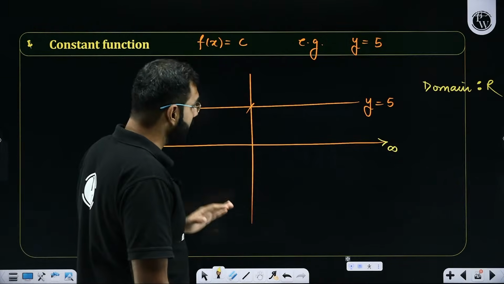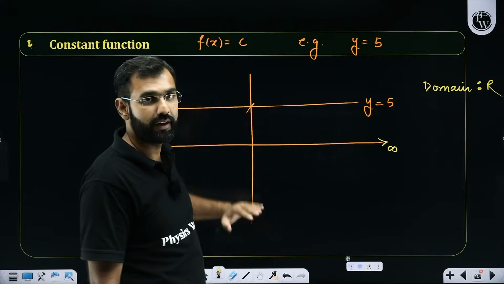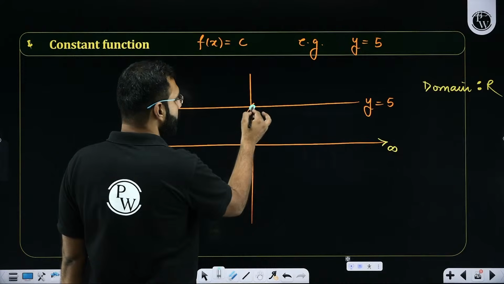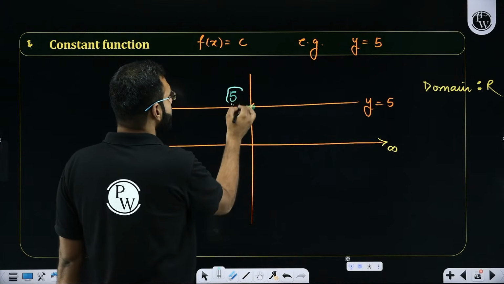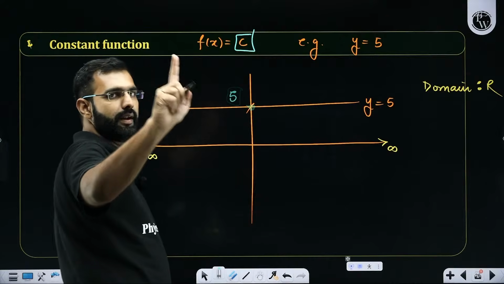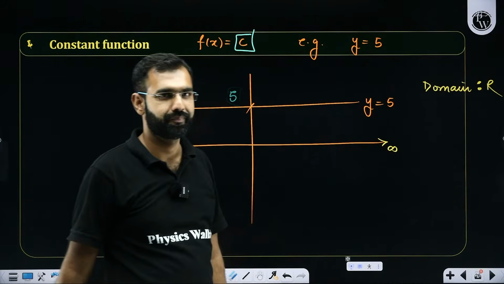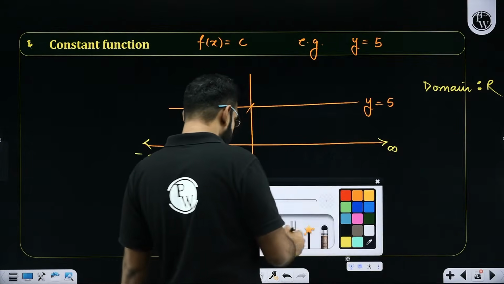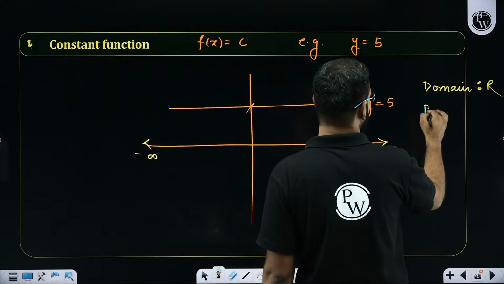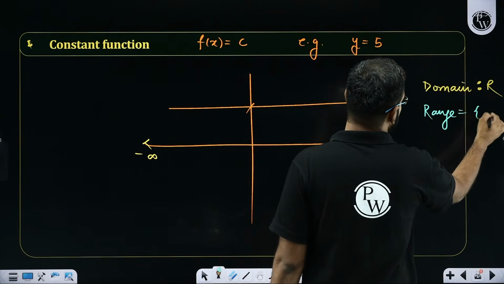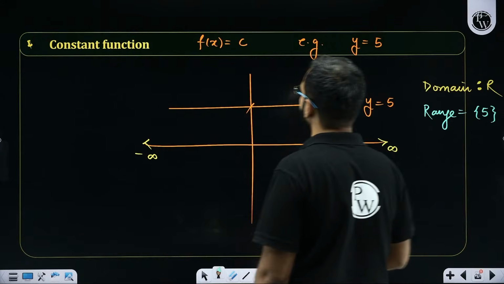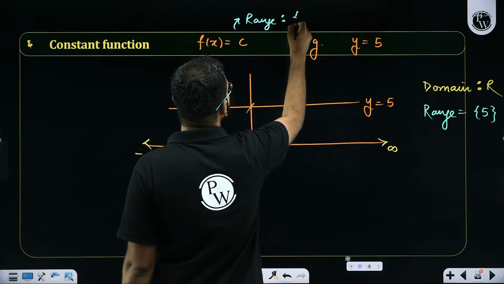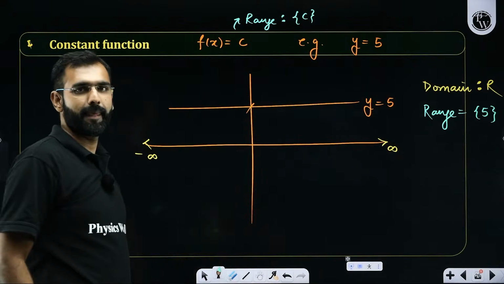Anyone? What do you think would be the range here? Sir, range here is not minus infinity to infinity. If you travel on the y-axis, you are getting only one element, which in this case is 5, or in the case of a constant function is one single element, that's c. Everybody processed it. Everybody got it. So I hope everybody is clearly realizing that if you talk about the range, it is one single element, specifically 5 in this case, but in general it will be defined as one single element, which is c.